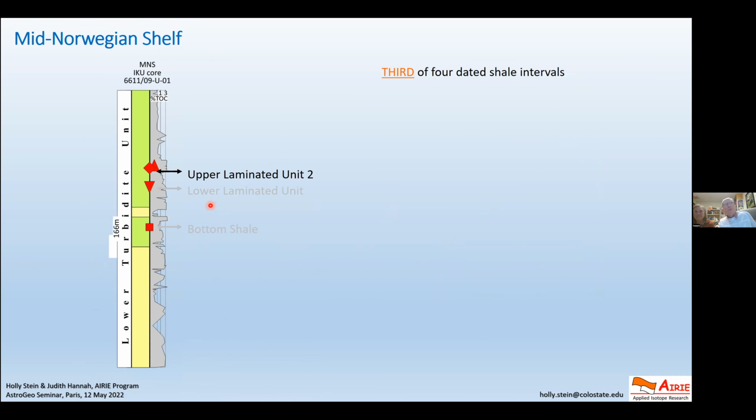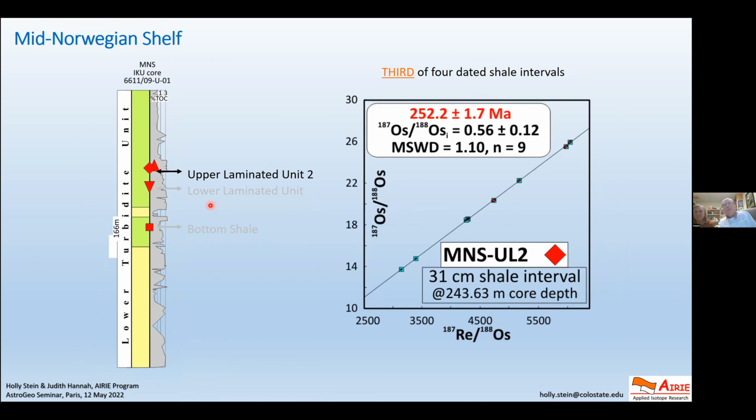The next one, I'll just go quickly through this. 252.2, the ages are all in the right order going up, even as the uncertainties include the decay constant. The decay constant is about 75% of this number. So if you remove that magnifier, the decay constant, now you can start to compare ages with much, much lower uncertainties. But when you report on an isochron, you report the decay constant, so we can compare whether we're within the Schaltegger dates with the decay constant included, because these are two different techniques.